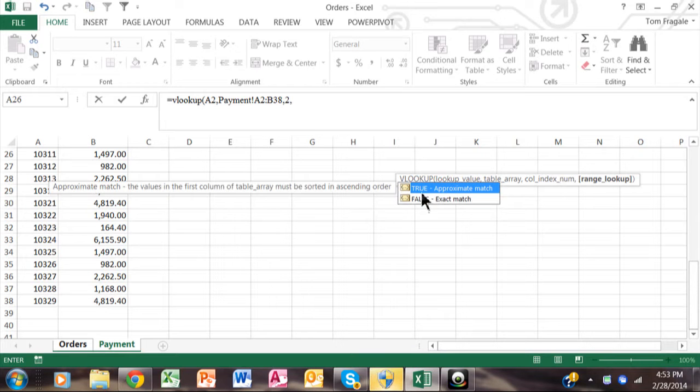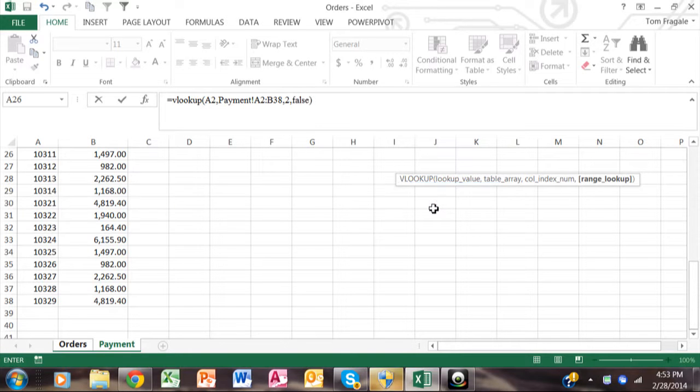And look what it says. It says if you want an approximate match, type in true. And if you want an exact match, type in false. And I do want to exactly match this because I'm looking for that exact invoice number. And then I close the parentheses. When I hit the enter key,